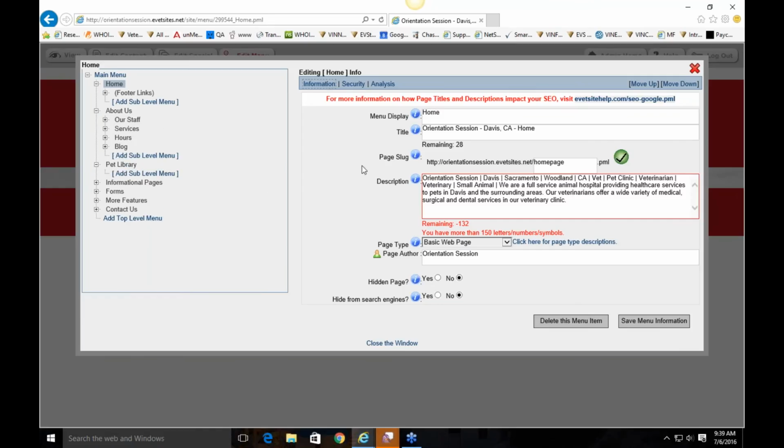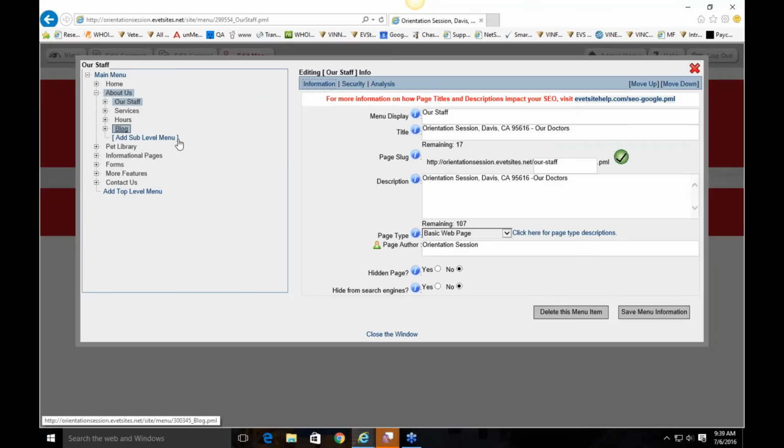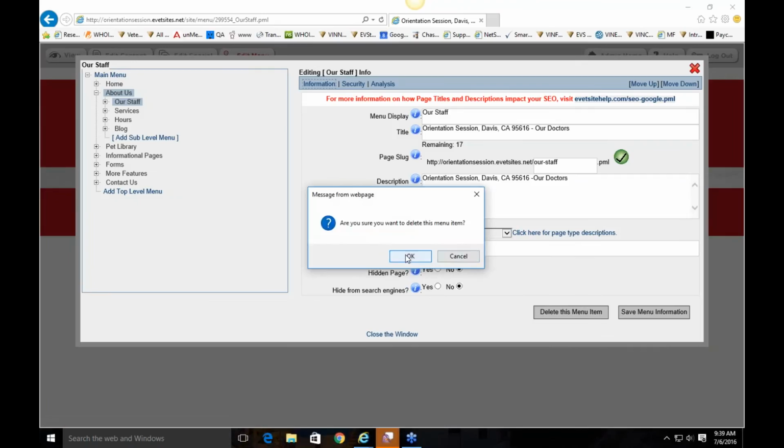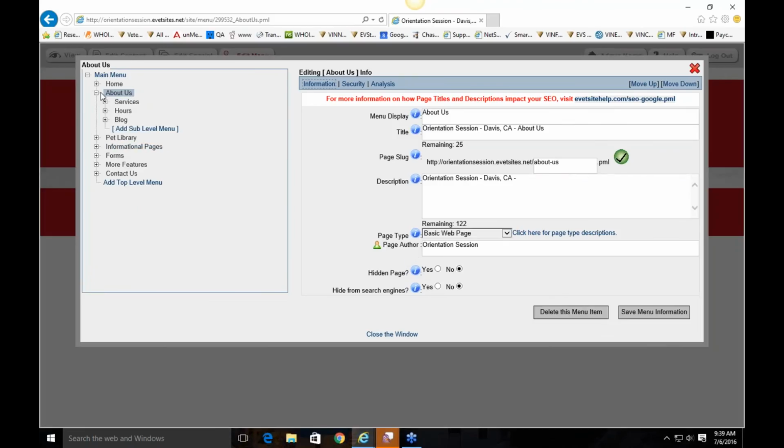So you have a few options here. You can add new pages, you can delete existing pages, or you can hide pages. So let's go ahead and jump over to our staff. Let's say I wanted to go ahead and delete this page. All you have to do is click this button here, hit OK, and now it's going to be gone from